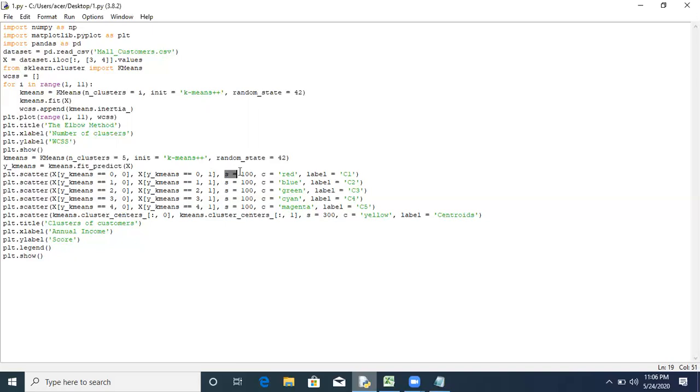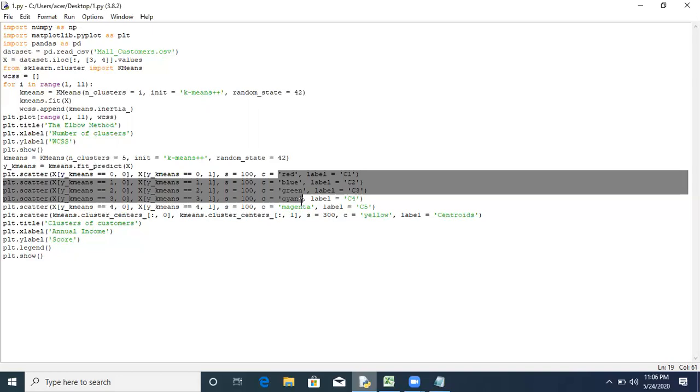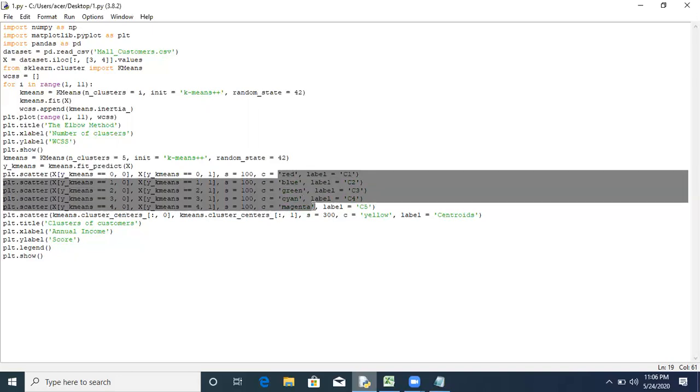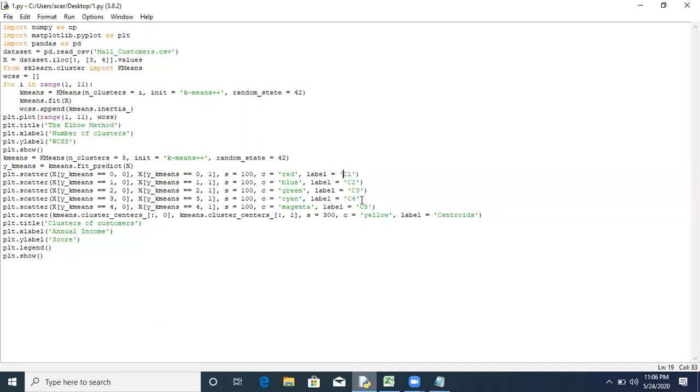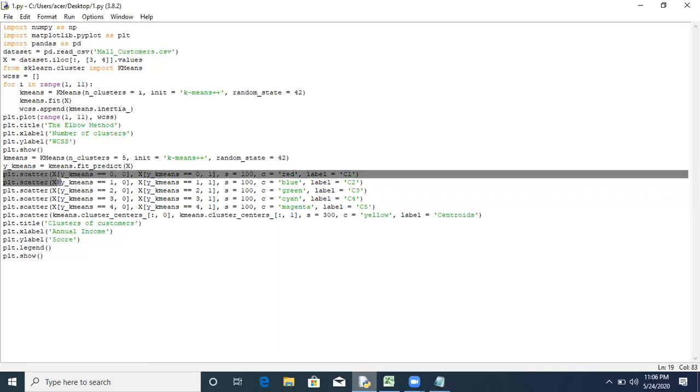Similarly s is nothing but the size of that cluster. For the color, by default we will use red, blue, green, cyan, magenta. And for the label we will assign C1, C2, C3, C4, C5. The same thing we will repeat 5 times because we have 5 clusters.